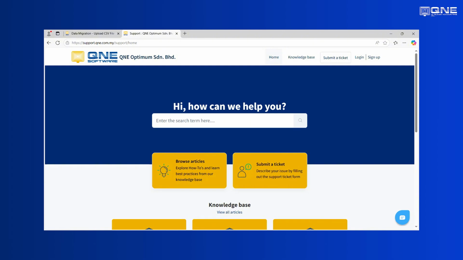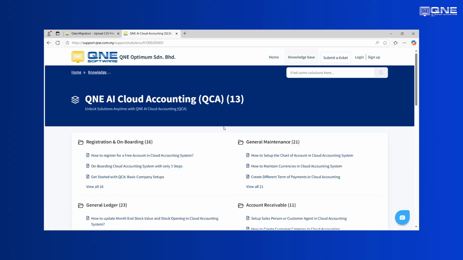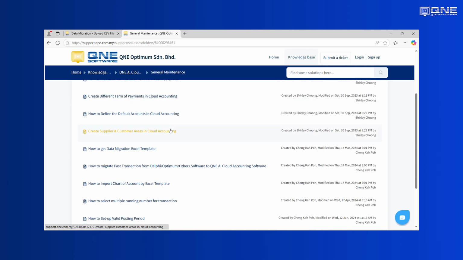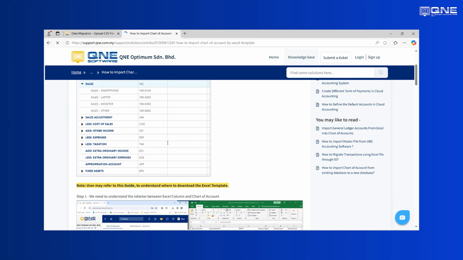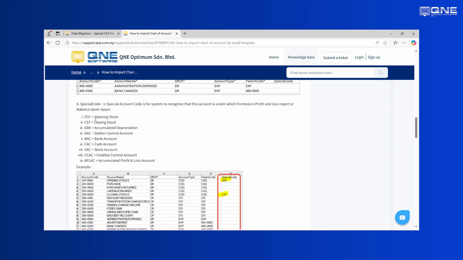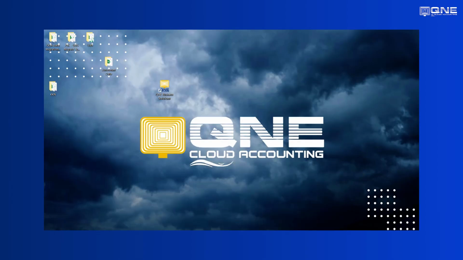support.qne.com.my, and you can scroll down. There's QNE AI Cloud Accounting. This is a knowledge base. You can refer to the articles, and from here you can go to General Maintenance. From this general maintenance, you can scroll down to How to import chart of account by Excel template, and from this one they have an explanation of what the account types are. This NC stands for sales, INA stands for sales adjustment, and it also includes the special code and the meaning of the special code. Once you have referred to this, and once you have completed the